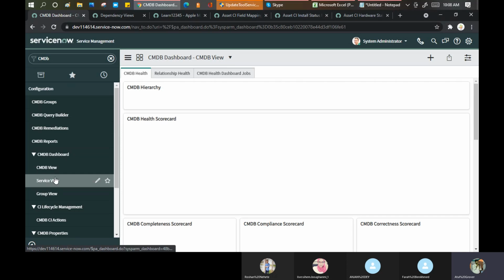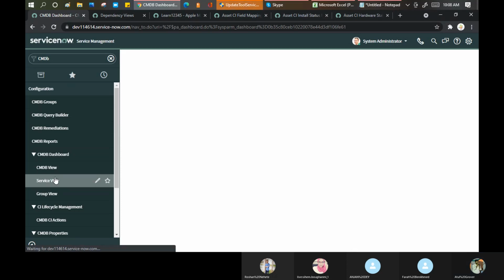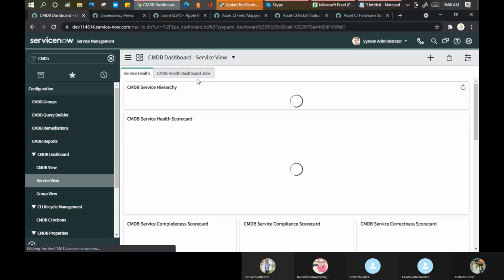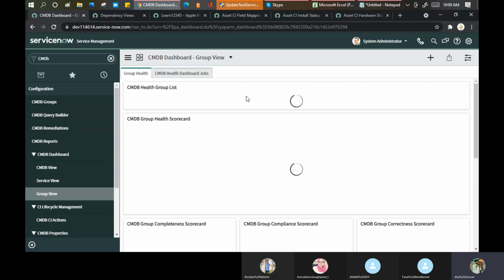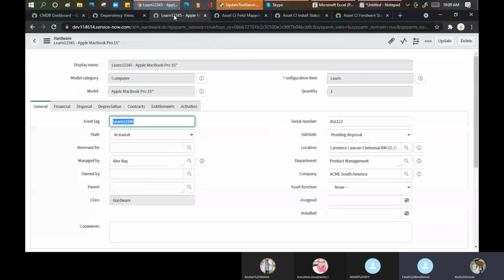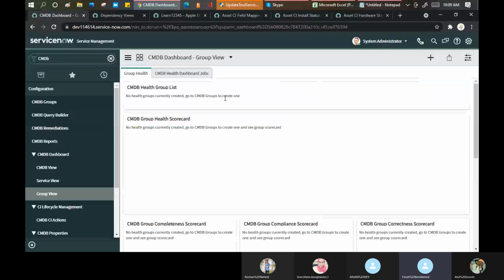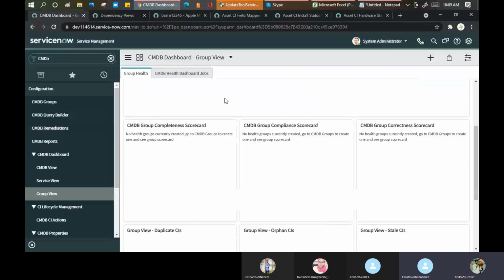You want to see the service view, how my services are performing here. And then finally you can go for the group view. Which group are we talking about here? Group view.